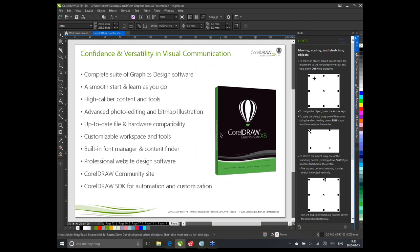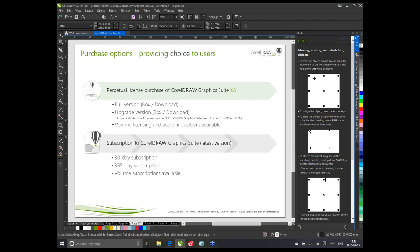Another question about upgrade eligibility, and let me just flip back one second here. You can upgrade to CorelDRAW Graphics Suite from any version of CorelDRAW Graphics Suite. I'm saying any version. Obviously, it's any legally purchased version, and it will include academic, NFR, and OEM versions. But if you have a CorelDRAW Graphics Suite 9, 10, 12, X3, X4, X5, X6, anything, even a version 1